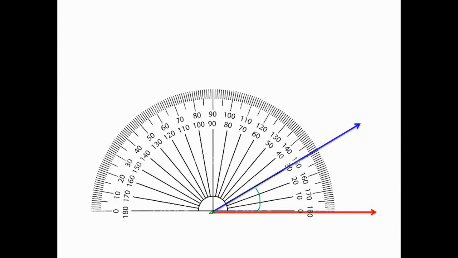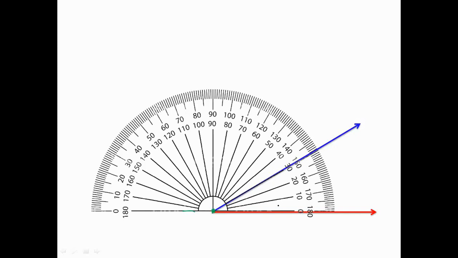Keep it such that the midpoint of the protractor, the line joining point, is exactly at the vertex of the angle and the 0 degree lies on the line. So this is the horizontal line. Note that this protractor has two sets of numbers. You must select the correct set: when you keep the protractor at left, you must count from right. If you keep the protractor at right side, you must count from left. Since it is left side of the red line, you can see it is kept at left side, then you